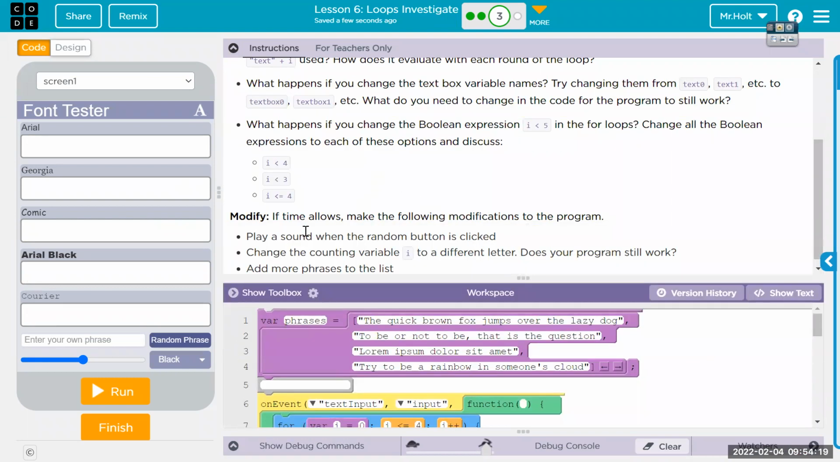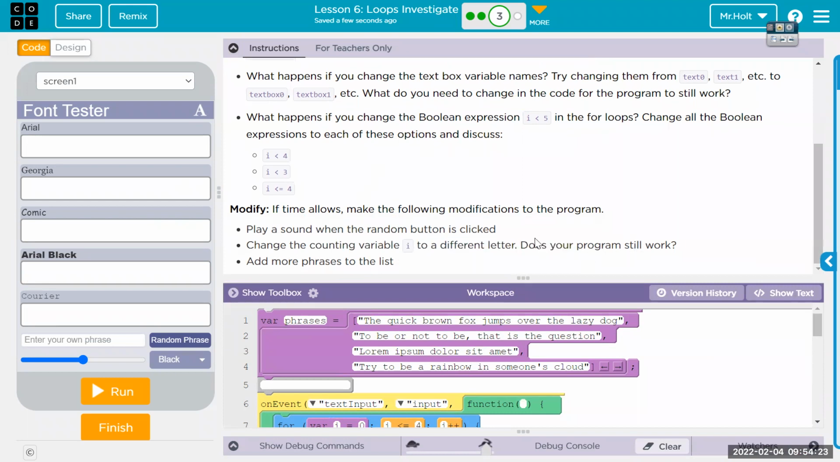What else are we doing? Change the counting of a different letter. Like I said, play a sound when the random button is clicked. We don't need to dig through sounds. Let's just go on here